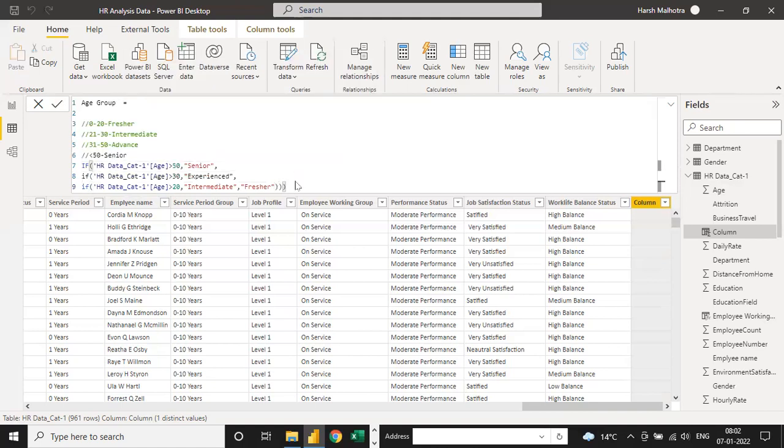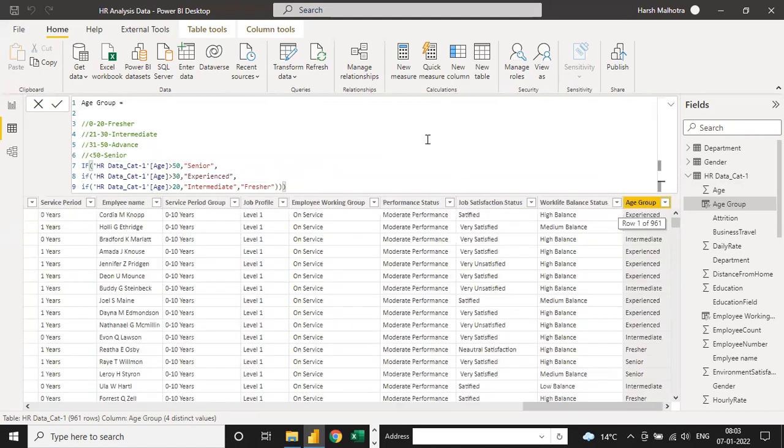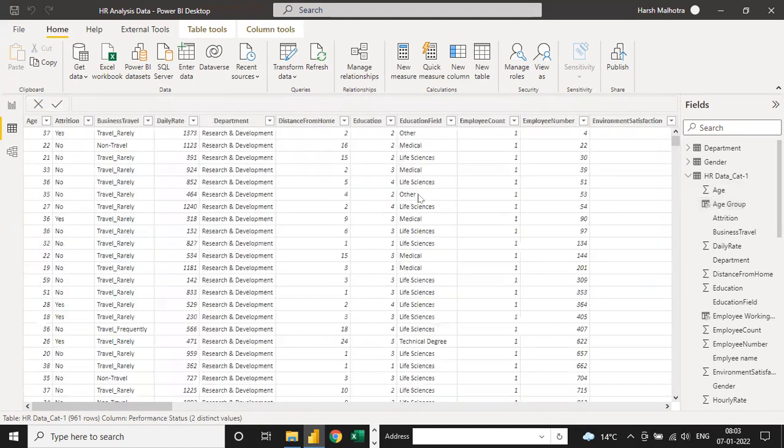Just enter. And you can see on the right hand side, the age group will be written here. Clear guys? So now we are creating one group, performance status.